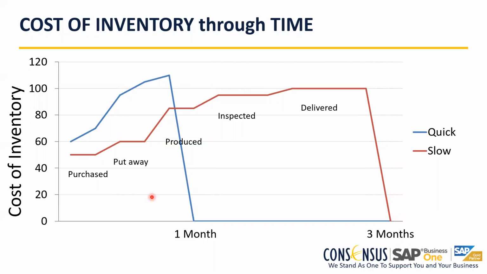So even if you get the items a little bit more expensive, let's say even 25% more expensive, if you're quick enough and the total cost of the finished goods is even higher than the company moving slow, returning the inventory slow, if they do this type of operation 3 times in a quarter, they could be making $30, assuming the sales price is $120 and the cost is $110 in this case. So they rotate the inventory 3 times, they're making $30 or $30,000 or $30 million during a quarter.